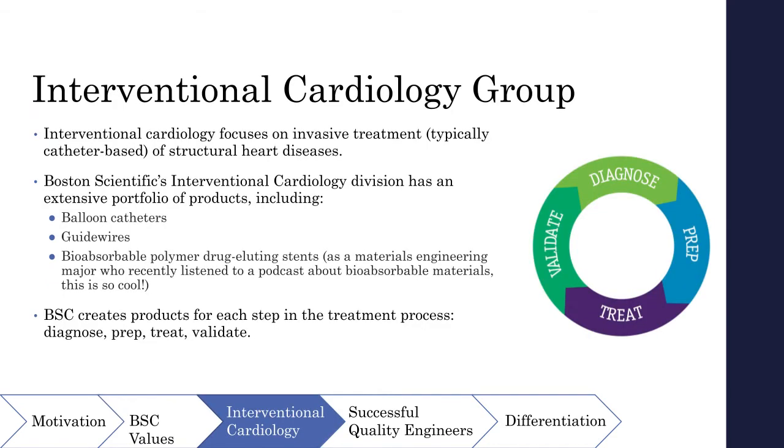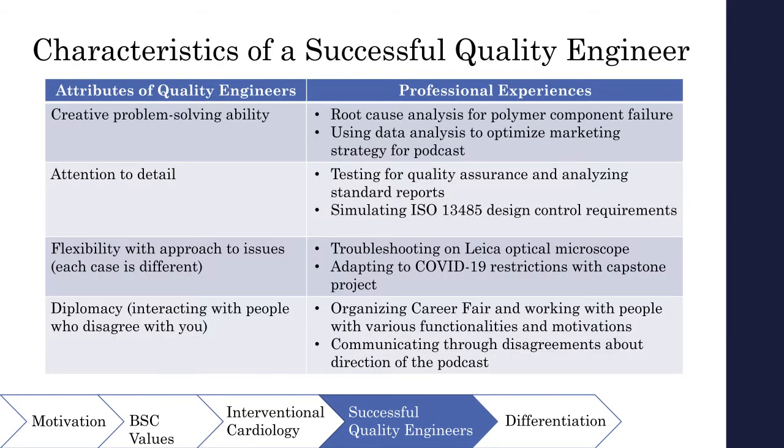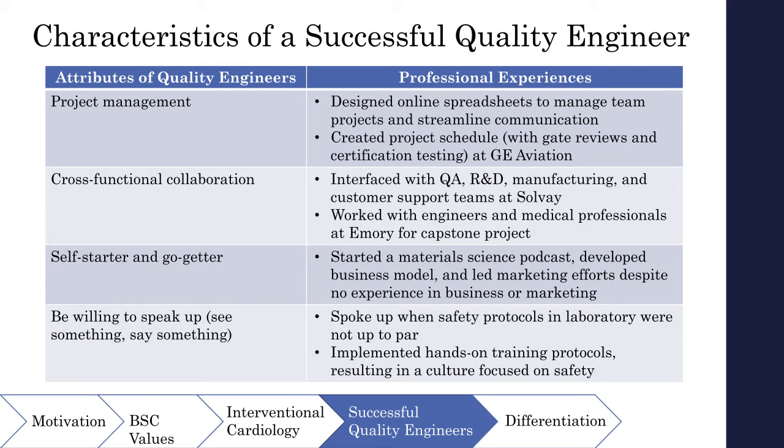I then talked about the specific group and the division a little bit and what I found interesting about their work. But now here comes the most important part. I included a table where the left-hand column was each of the characteristics that are required to be successful in this role, and I gathered all of this information from taking notes during my informational interviews. In the right-hand column, I included 1 to 2 bullet points that reflected my personality traits and my past experiences to show that I would be a good fit for this role and that I would be successful as a